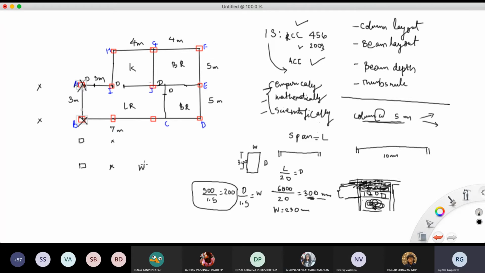For width, the width of the beam usually we take, meaning until now we always take, conventionally about 230 mm. Now where does this 230 mm come from? This 230 mm comes from our walls, the thickness of the wall made out of bricks, which is usually 9-inch thick walls.